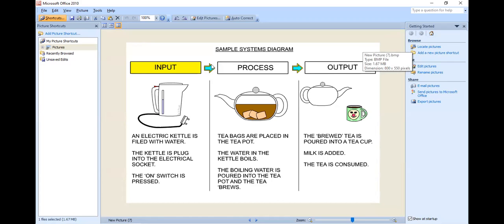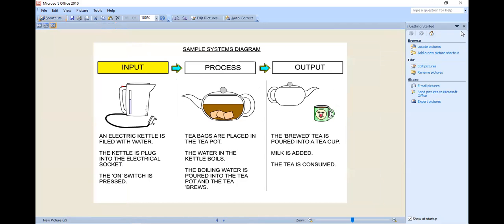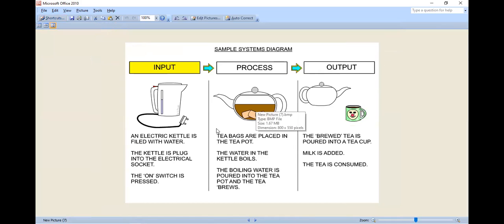Now you can see we have taken one example through the images. Here we have taken the example of making a milk drink. For example, an electrical kettle is filled with water. We have filled the water, then the kettle is plugged into the electrical socket. So here we plug into the socket. We will create some milkshake.